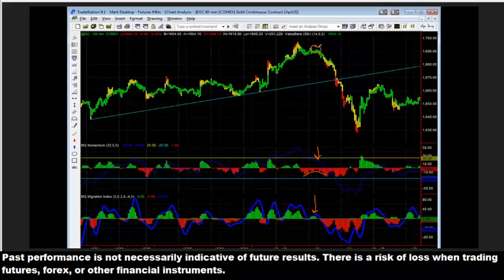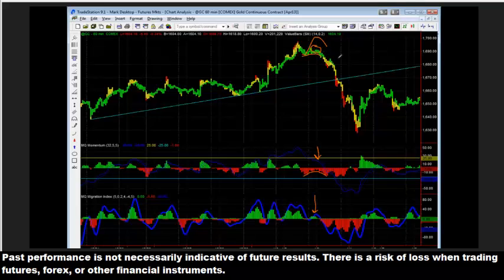Granted, there's a lot of dropping here, but sometimes these fair value areas right here, where the market's so weak it can't even push very high, it flatlines like that, when, if it was strong, it'd be going way up like this and creating a higher high. But it can't even do that. It can barely lift itself off the floor. These are the times that represent some beautiful opportunities to short, in this case. So watch for those. Those happen rarely. They can happen over time.